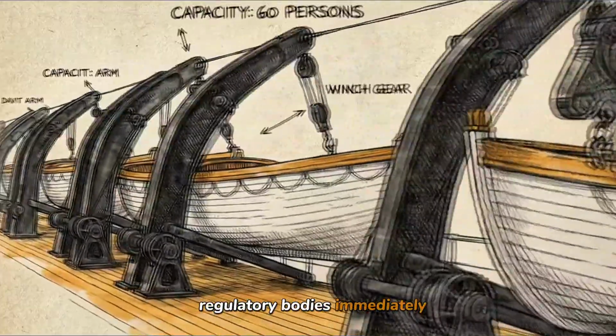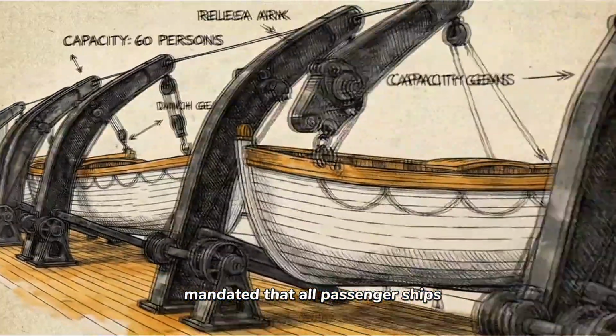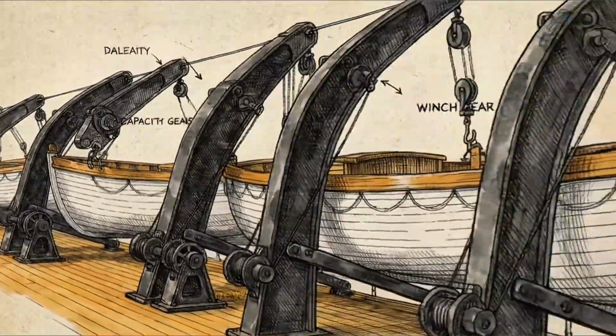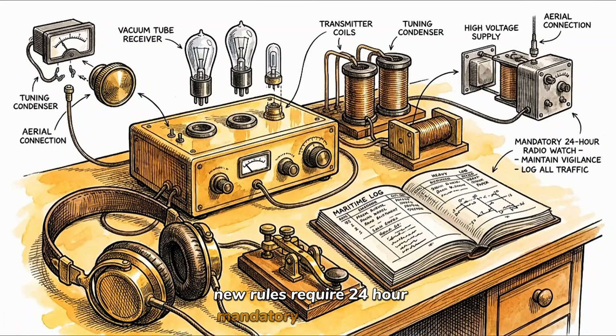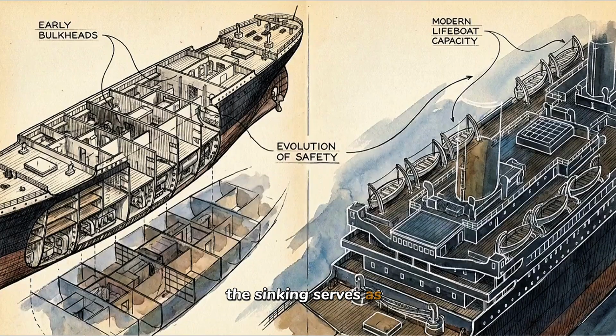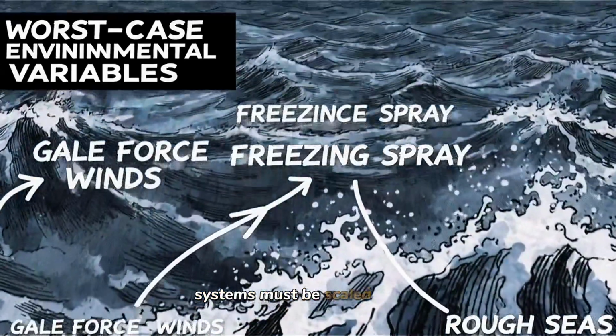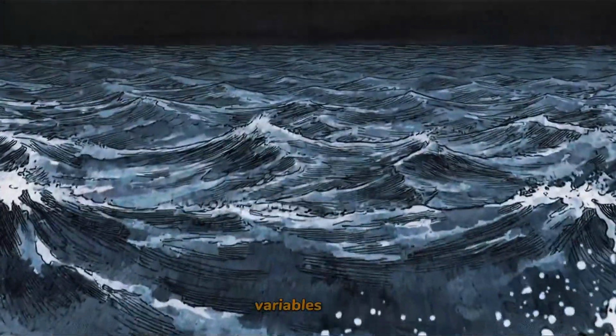Regulatory bodies immediately mandated that all passenger ships carry enough lifeboat seats for 100% of the people on board. New rules required 24-hour mandatory radio watches to prevent the communication gaps seen in the early hours of the sinking. The sinking serves as a foundational case study in failure analysis, modernizing maritime safety systems worldwide. The disaster remains a lesson for all engineers. Systems must be scaled for the absolute worst-case variables, or the